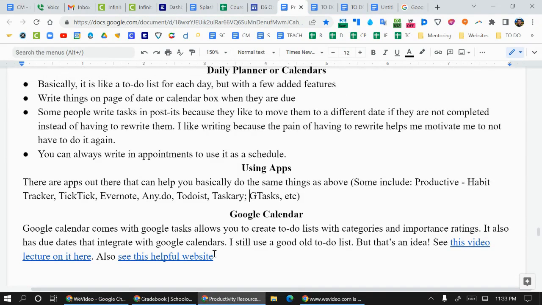Now, I do have one last idea that I wanted to talk about, which is using tabs on your Chrome as a way to keep track of things you need to do. Now, there is a big problem with doing this, especially if you're a student working on a Chromebook, which is the more tasks you have open, the less availability of memory your computer has,